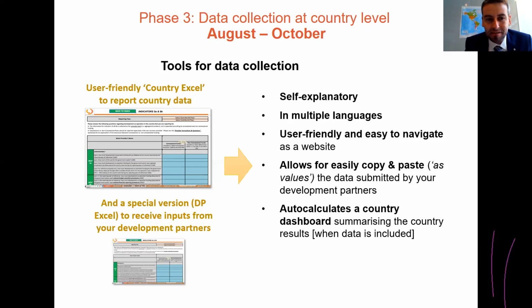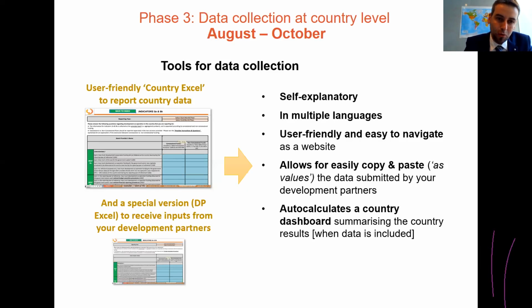from this second tool that is down there in the slide, which is the DP, Development Partner Excel, which will equally be a tool that collects information on those four indicators that need development partner information. So you just have to share that with your development partners, and it will contain all the information they need, and access to the guide, explanations on each indicator, why they are reporting on this, and self-calculations of the responses.